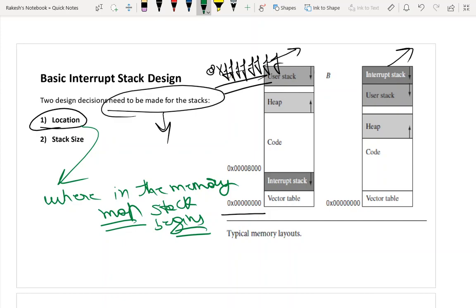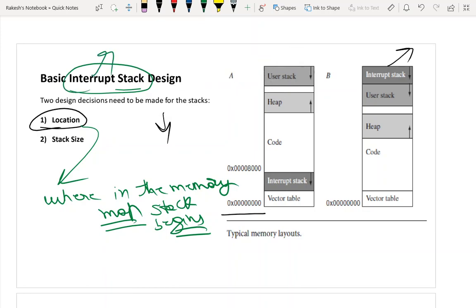Now we will basically stick to this interrupt stack itself. Though I have written the user stack here, we will not deal with the user stack. The user stack is for the normal execution of the program, when it is running in user mode. So why do we need the stack? Stack is where you want to push the contents. As I said earlier, an interrupt disturbs the normal execution of the program. Whenever you are studying for an examination, you get disturbed.